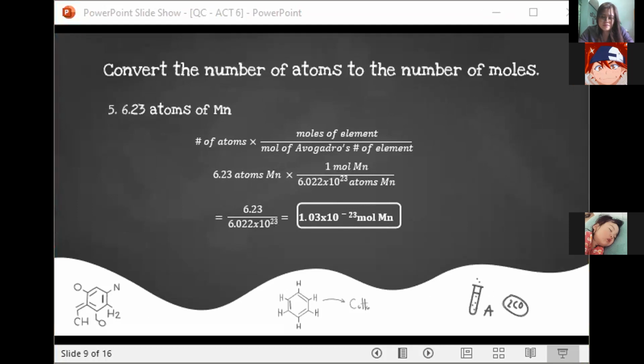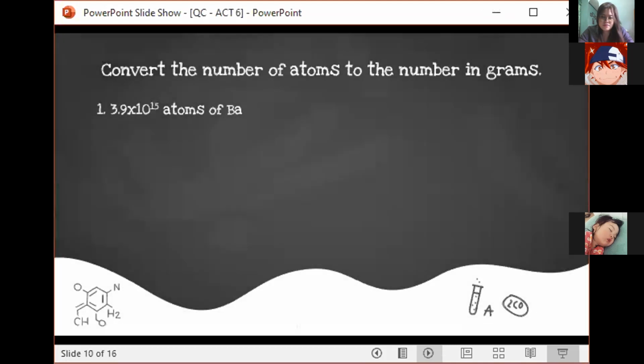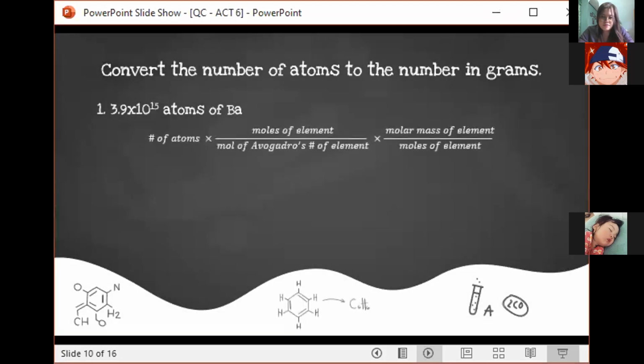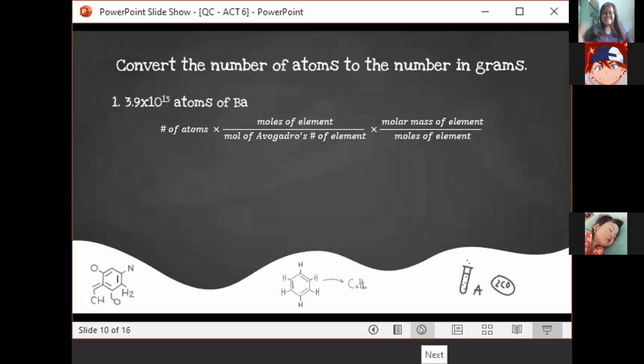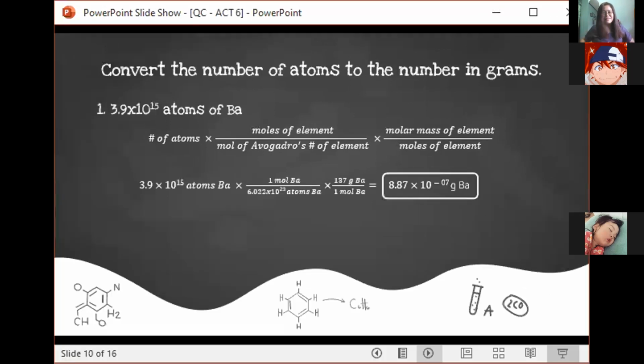So mag-proceed na tayo doon sa next, yung medyo mahaba. Actually, di pa siya mahaba. Mas mahaba yung stoichiometry kapag may equation na. Kasi daghan kay conversion factor dito. So ito, same pa rin yung principle na ginagamit. Kung ano yung, dito, since atoms of barium, and then ang hinahanap natin is number of grams. So dapat ang ending natin dito is grams ng barium, ng either compound or ng element. So para makancel ito,